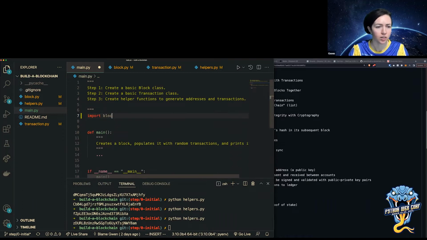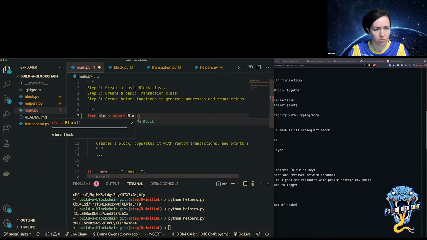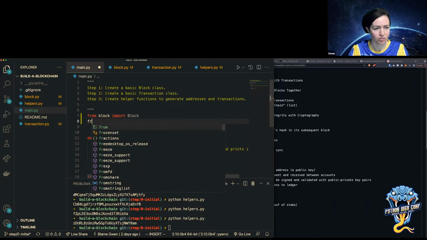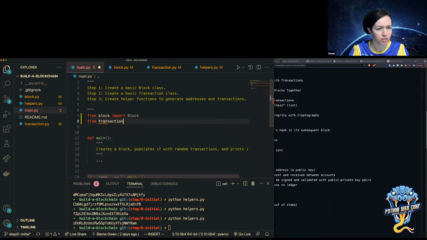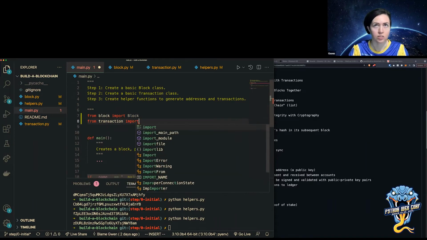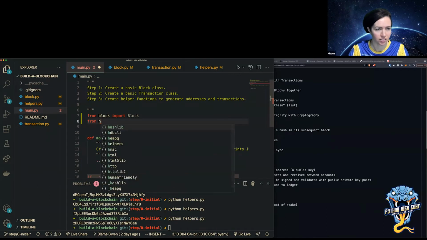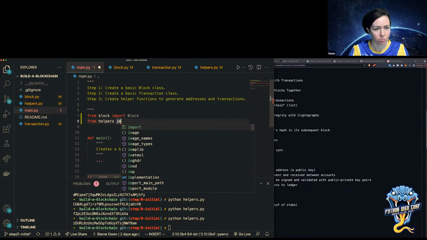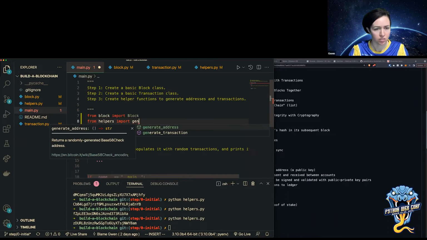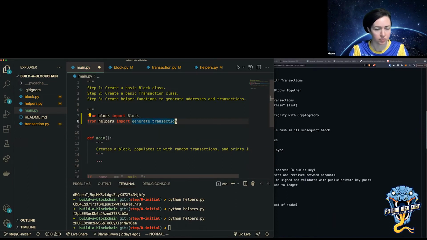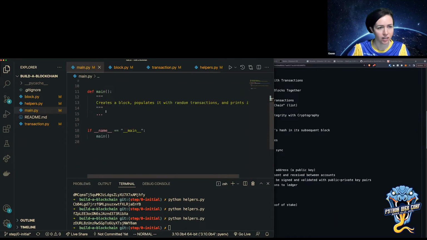Oh yeah, I need to do from block, and then from transaction import. Or no, I'm actually creating the transaction in the helpers file. Okay, so from helpers import generate transaction. And now I can create that here.